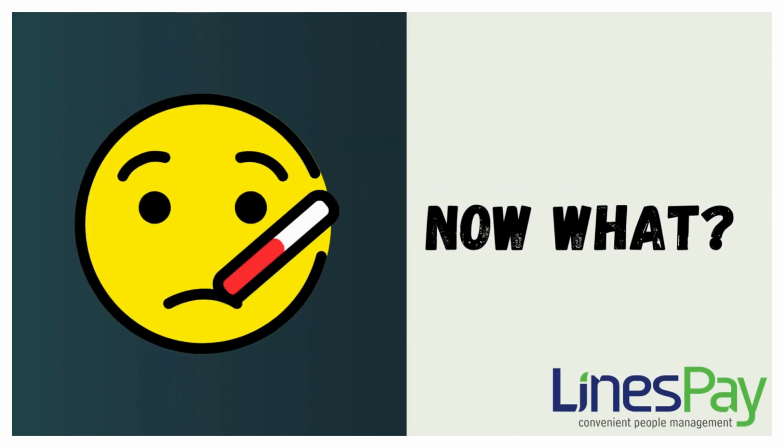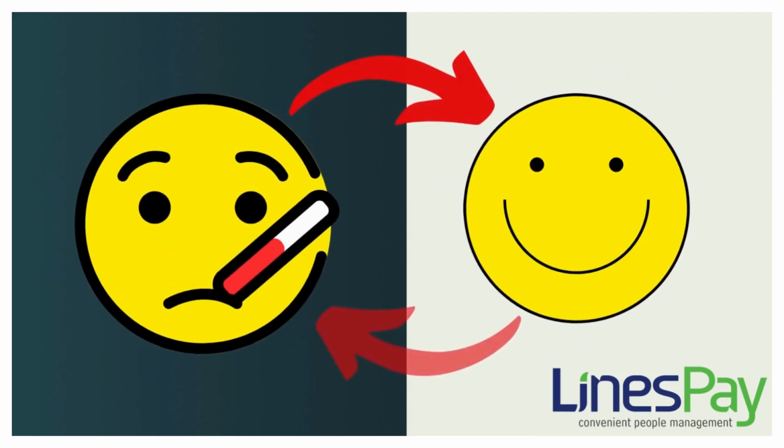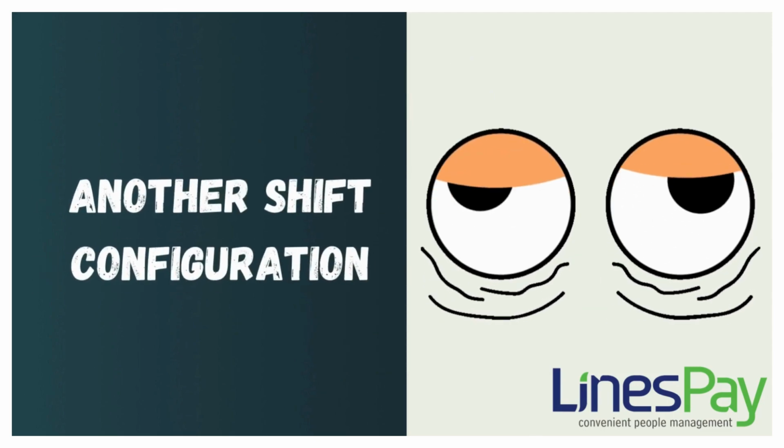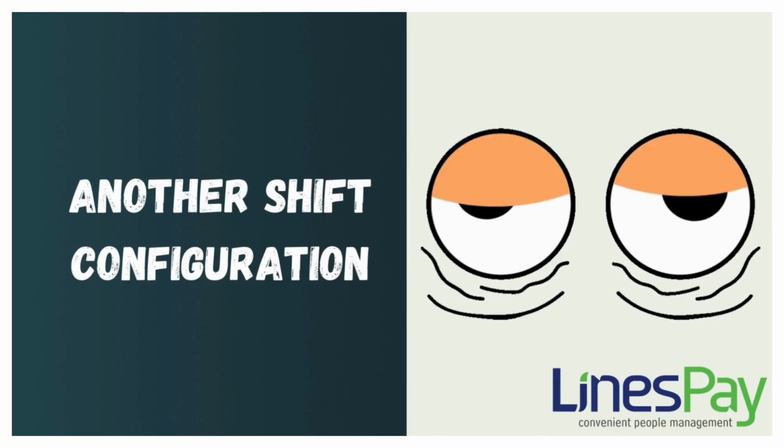Somehow, an employee can be unable to attend his or her shift due to sudden inconvenience. Now, what is the next step? Here, organizations have to change the shift and replace the employee with another employee, before posting the attendance or after posting the attendance. So, generating another shift configuration is mandatory here. This configuration is directly related to other employees' leave and holiday policy.